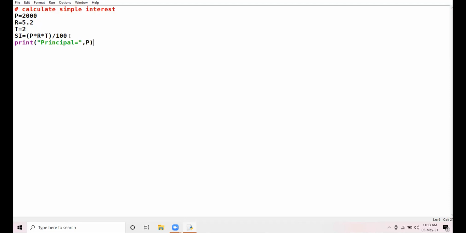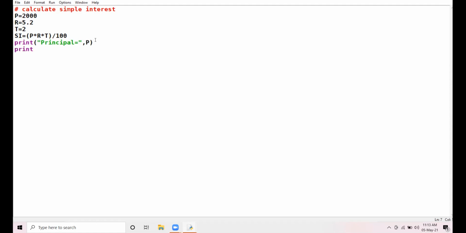Right, you did this yesterday. If you want to print a message and a variable together, enclose the message in double quotes, then put a comma, then put the variable name without double quotes. Variable name without quotes will print the value of the variable, but if you take the variable name enclosed in double or single quotes, it will be printed as it is.